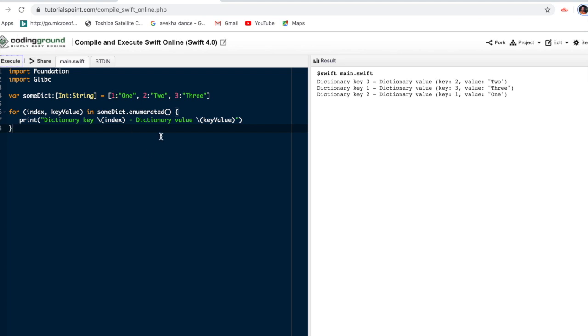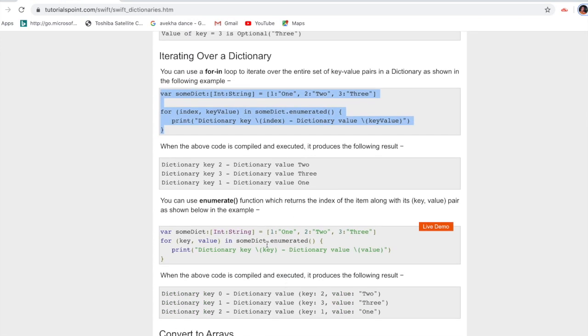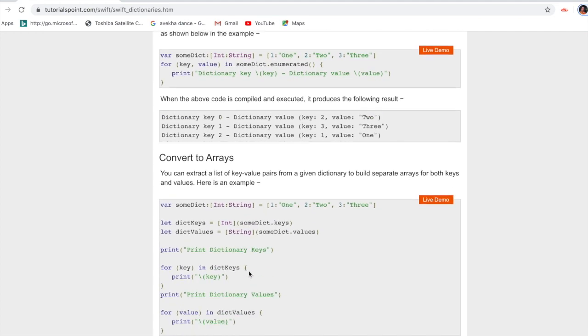In that dictionary value, key value, I have to mention only my key value. So dictionary value key 2, then a value 2, like that. So that is the way of 0th. We can iterate our dictionary also.